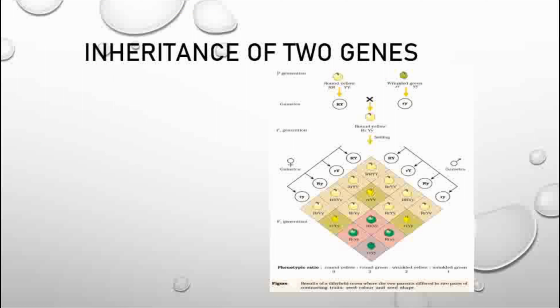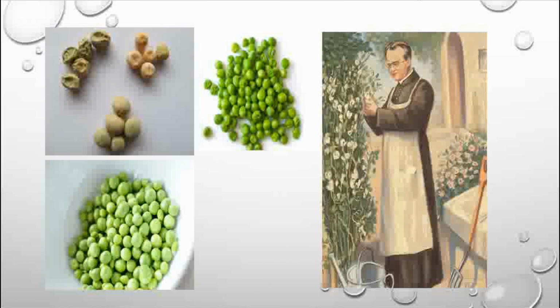So come, let's see about this Mendel's experiment of inheritance of two genes. From the name you can infer, mono means single, right? Monohybrid. That is why he chose only one character there, tall and dwarf, the plants he chose for the experiment. In that, he brought a hybrid by